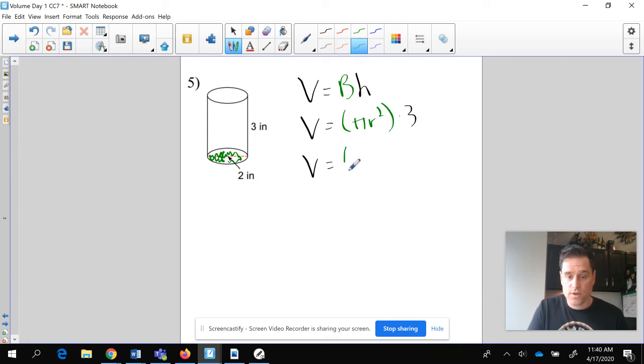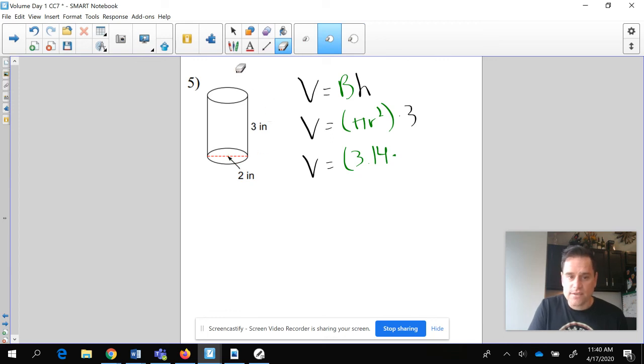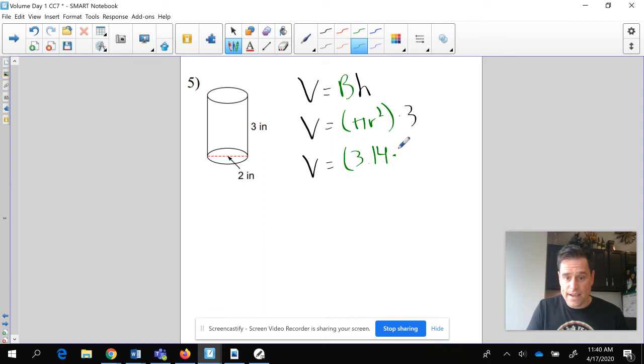So this one's tricky. You're going to see this one in your checkout problems. And do not put 2. Why are we not going to put 2? Because 2, if you guys can see, I'm going to erase this for a second so you guys can see it. 2 is not the radius. Can you tell me what the radius is before I say it? The radius is half of the diameter, so the radius is 1